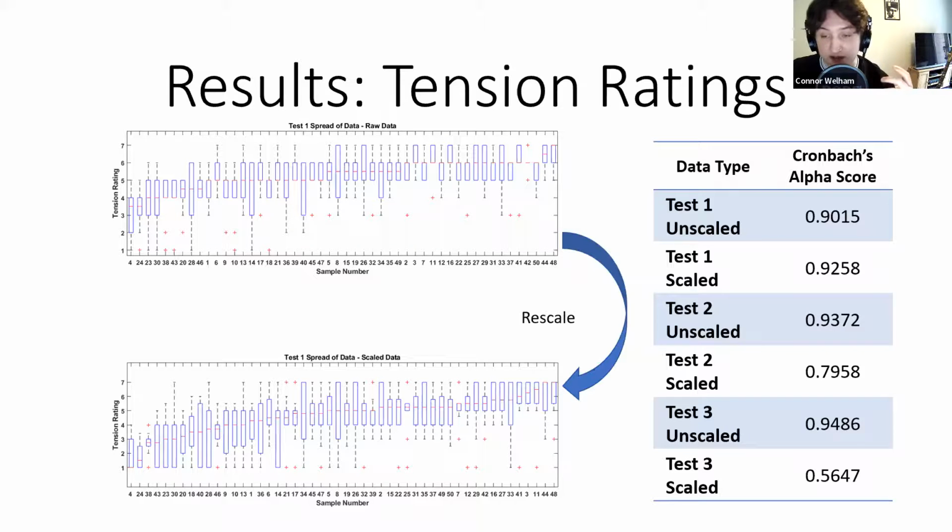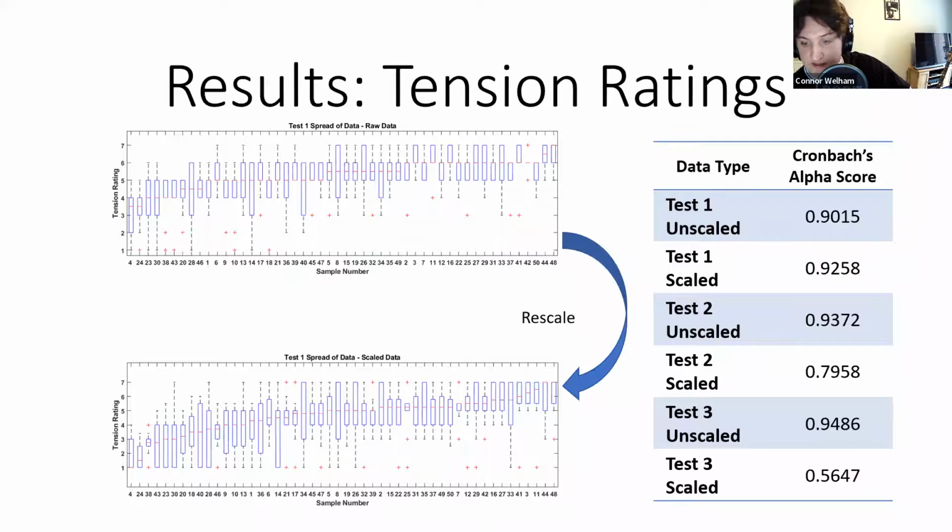And it was decided that rescaling might be suitable in order to make better use of the full Likert scale. And that comes with its own downsides, because you're interpreting participants' results. You're interpreting what they think about the test. However, it was decided the pros outweighed the cons. We also did Cronbach's alpha to basically make sure that the internal consistency was kept through